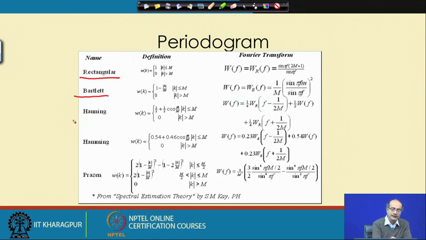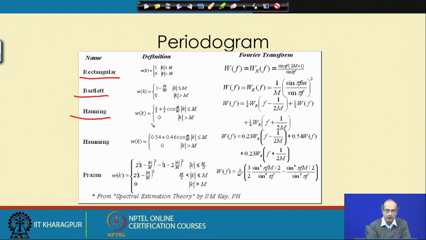Next we get the Hanning window. Instead of a linear decrease in the window value, again it is maximum at the middle, and